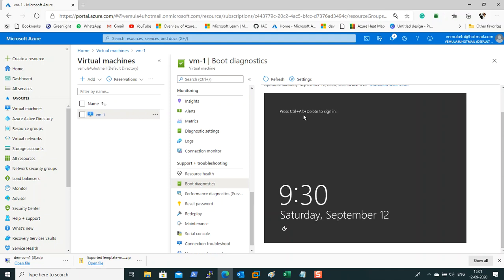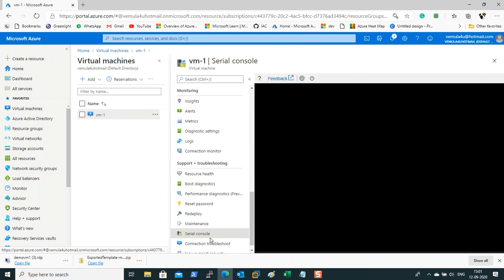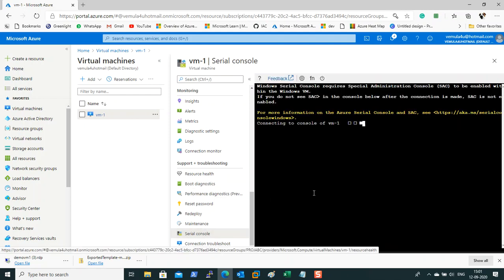Now let us say this VM is up and still you are not able to connect to it. How do you troubleshoot? You may need to restart some services. How do you do that? If it is your VMware world or physical server world, you may have a console to which you can connect and troubleshoot. But how does it work in Azure? Azure provides something called a serial console. You can connect to the serial console and troubleshoot